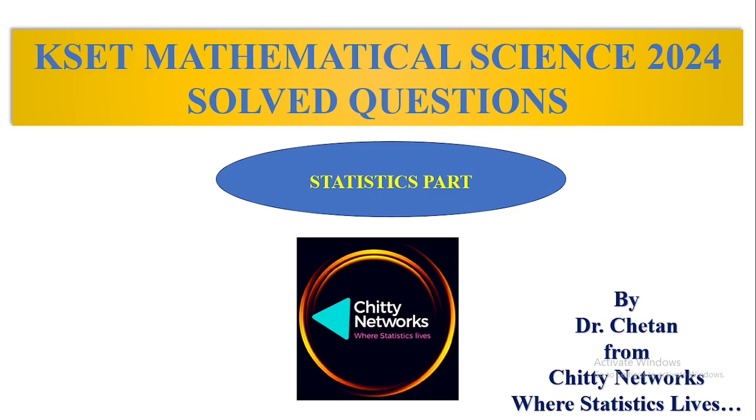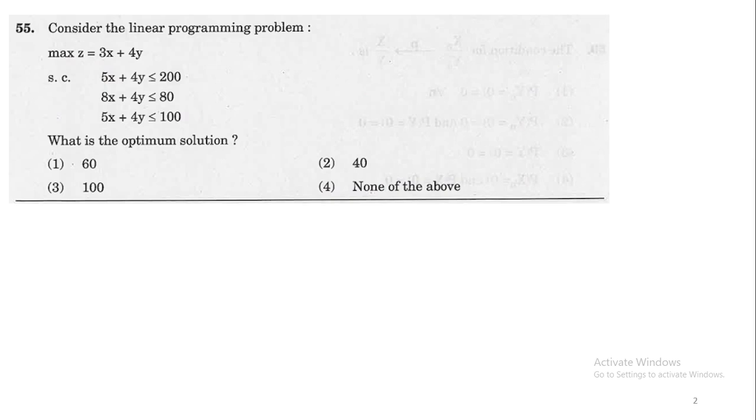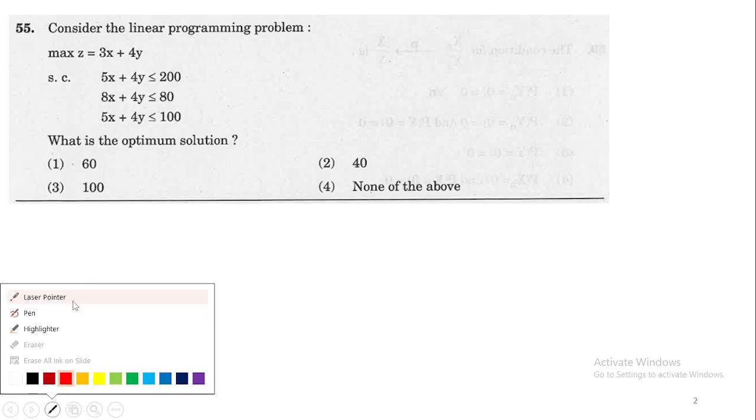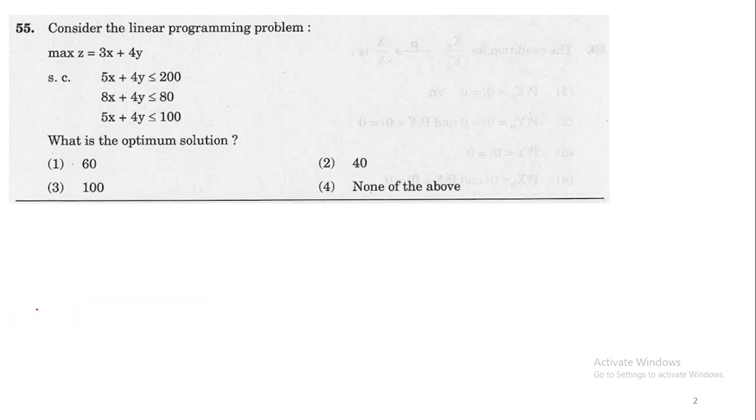In total there are 25 statistics questions in KSET 2024 Mathematical Sciences. We shall discuss them one by one, and for your reference I am referring to paper code A1. In paper code A1, the 55th question is the first one here. Consider a